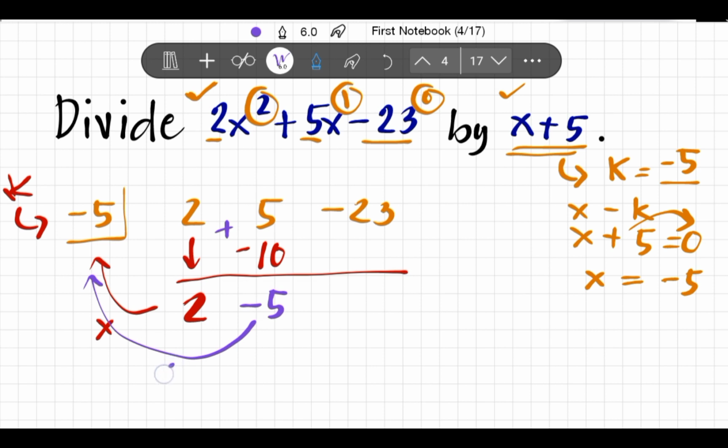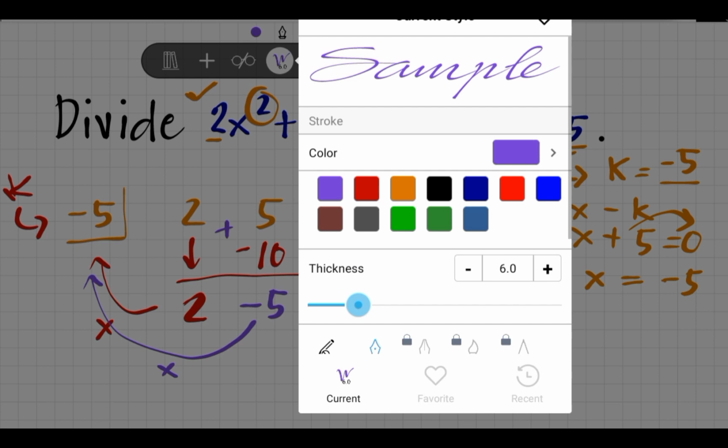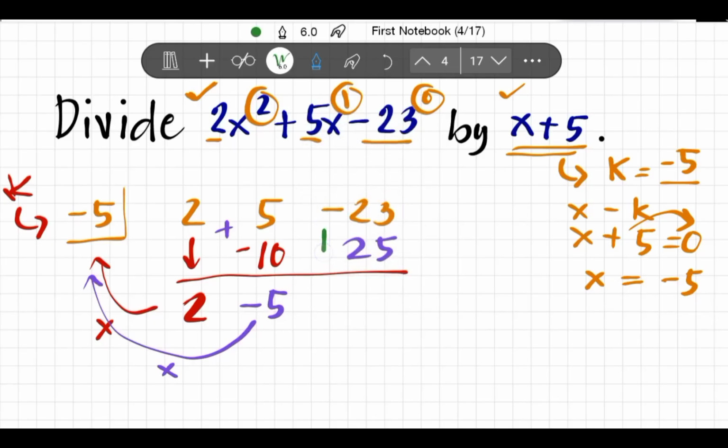So, negative 5 times negative 5 is positive 25. Okay? So, now, we will add. Okay, let's add. Negative 23 plus 25 is